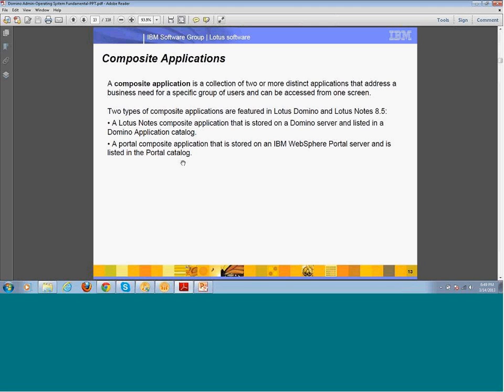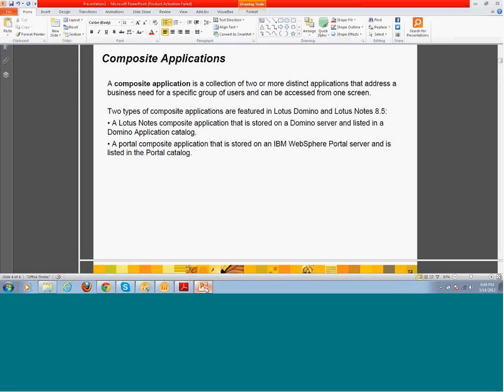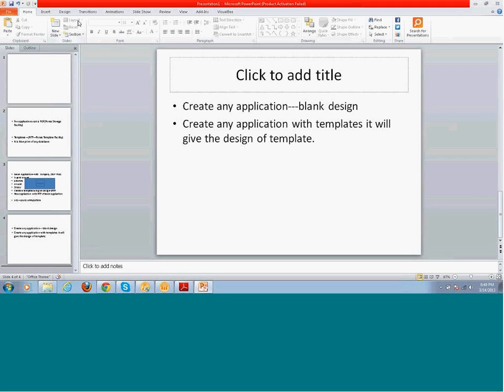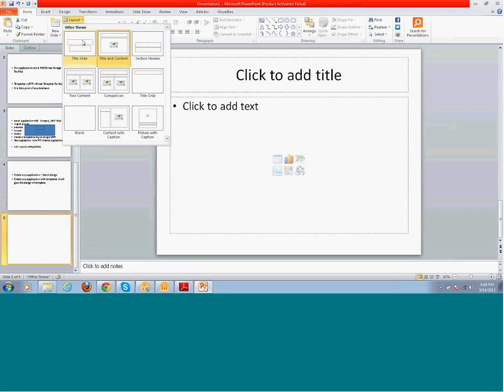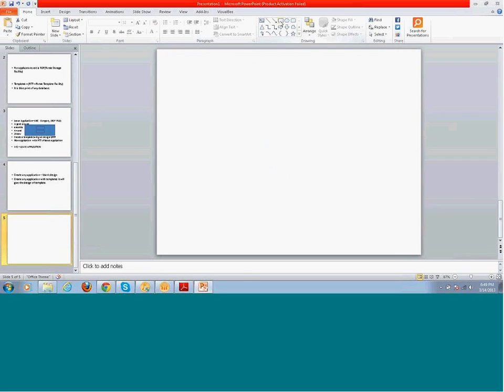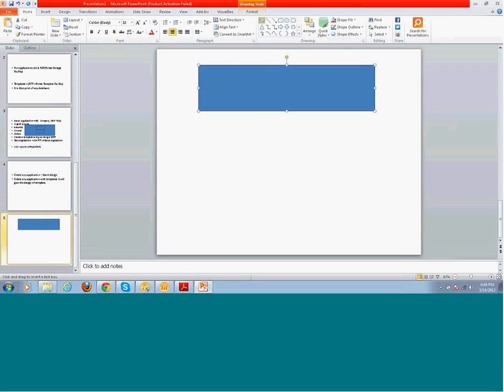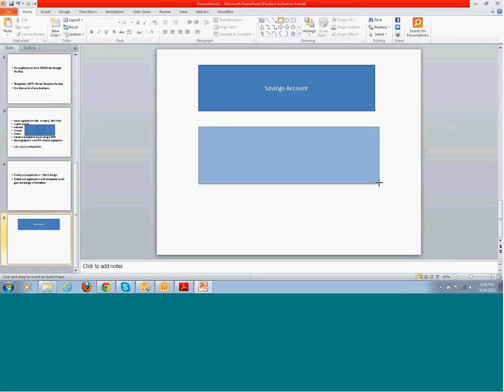Actually, I'm confused on this, so I'll just give you one brief piece of information. What is the composite application? A composite application is, for example, a bank. The people have customers with accounts. And we have the same customer who has some